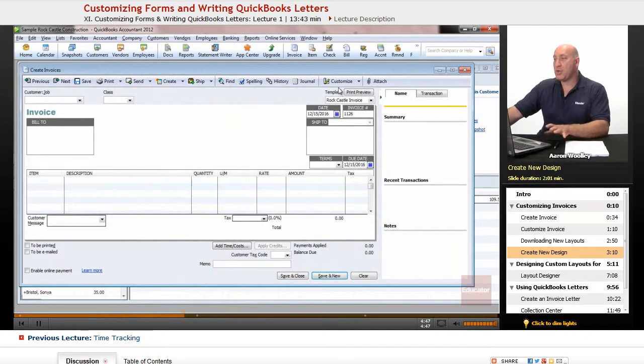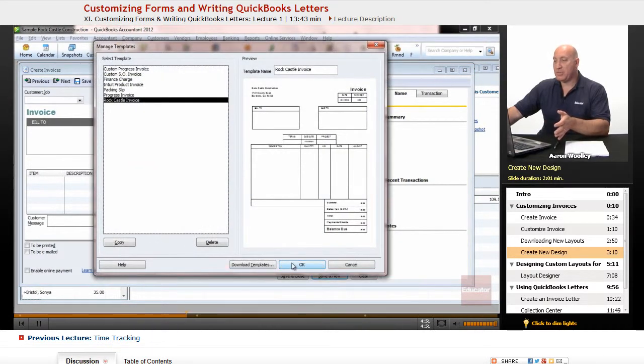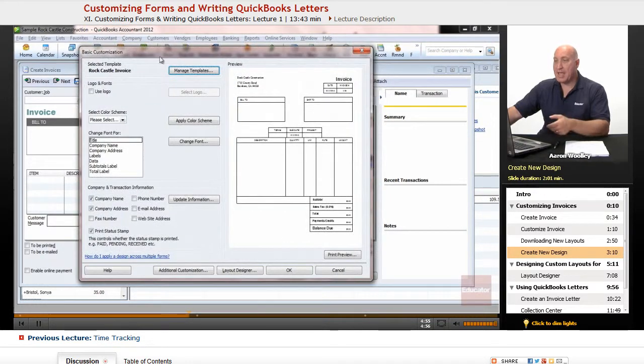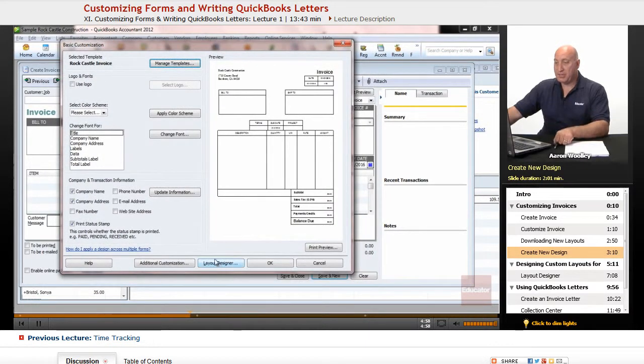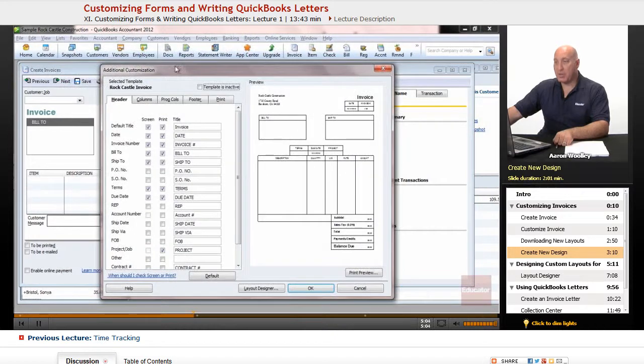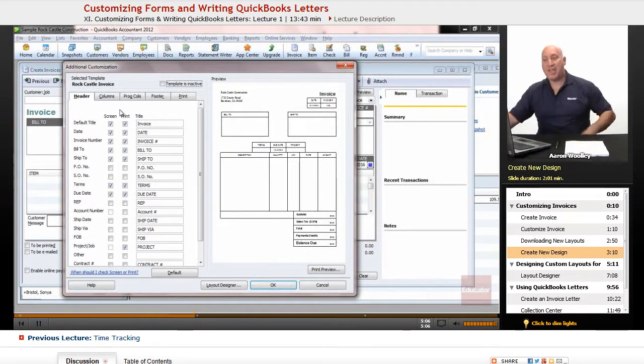Or if you go into your Manage Templates and choose which template you want to use, you say OK, it'll bring you to that same area by saying the additional customization, and it'll pull it right here as well. So now you have the same section that we were just in. And this gives you some options